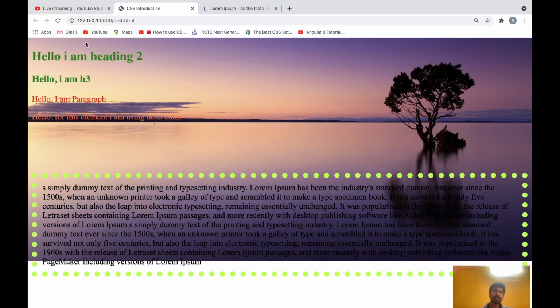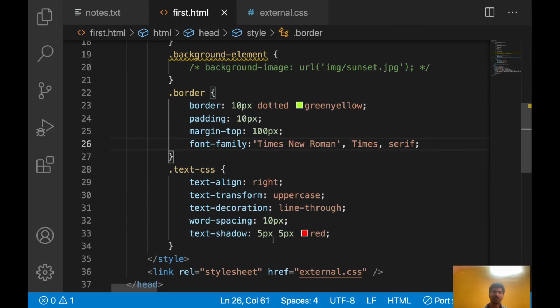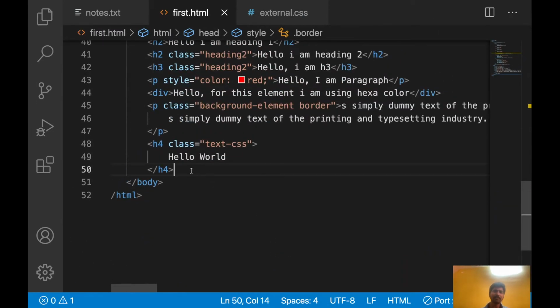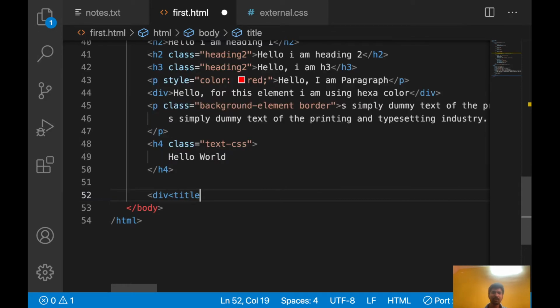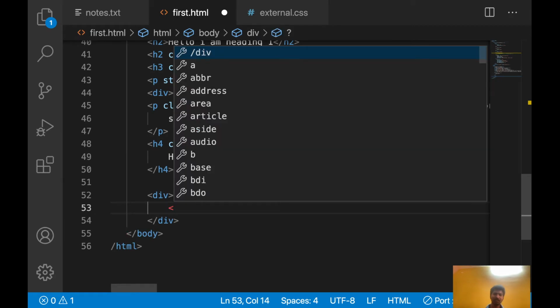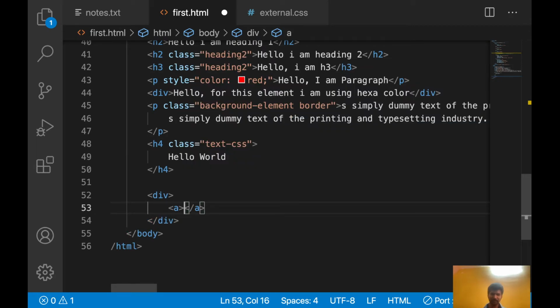Let's put a few links here. Let's use a div. Inside the div I want to write some links. Some Google.